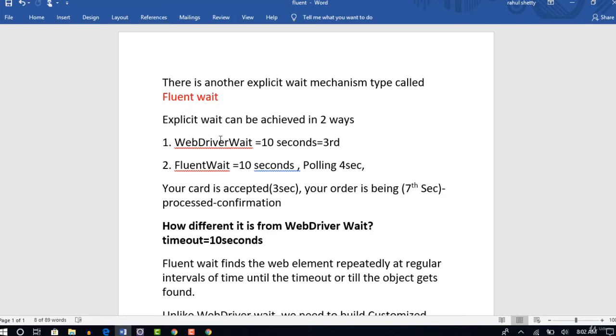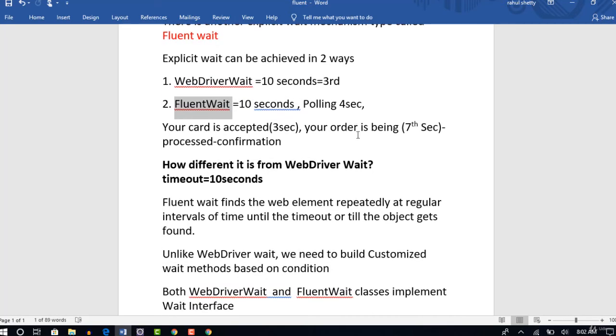WebDriver Wait and Fluent Wait are two different classes that come under one common umbrella of explicit wait, which is provided by the wait interface. The difference between these two is that Fluent Wait repeatedly waits at regular intervals of time based upon the polling seconds, whatever you provide, until the timeout is achieved, whereas WebDriver Wait continuously monitors it.